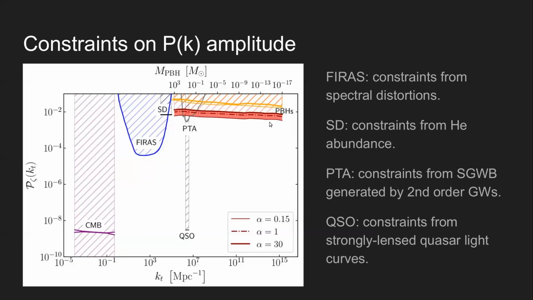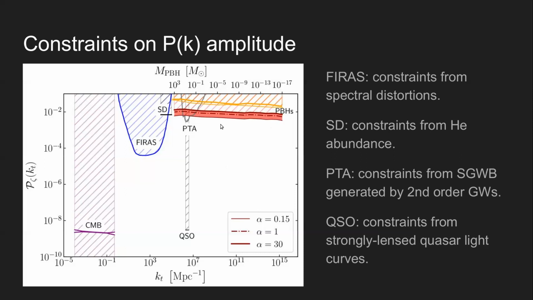And then that's that. You can see that with primordial black holes, we can really put some constraints on a larger range of scales. I know it's not as strong as the one on the CMB, but this is what we have to